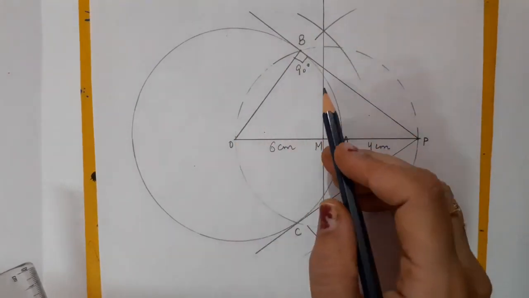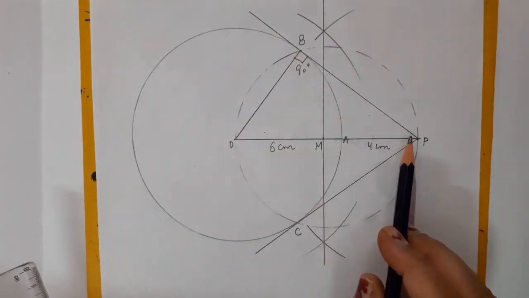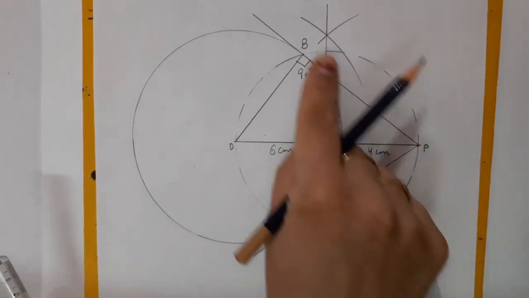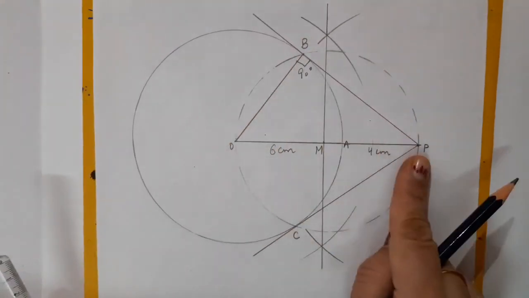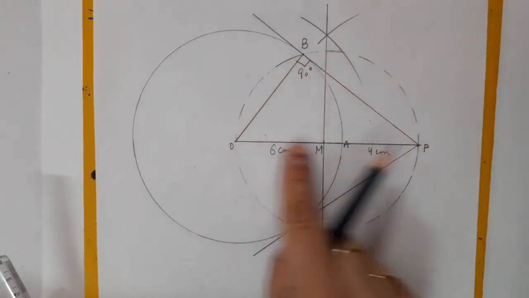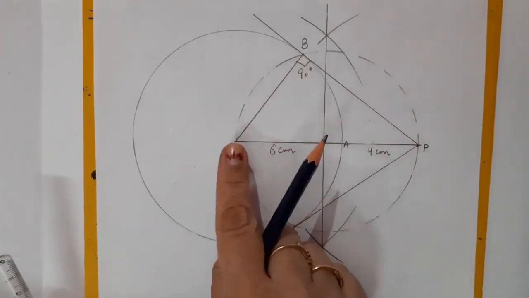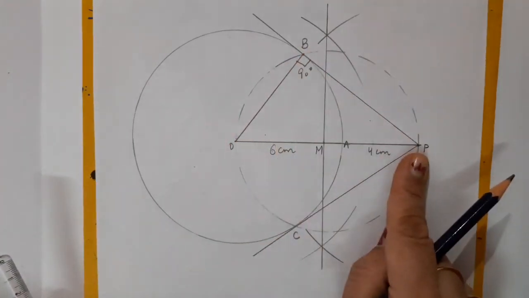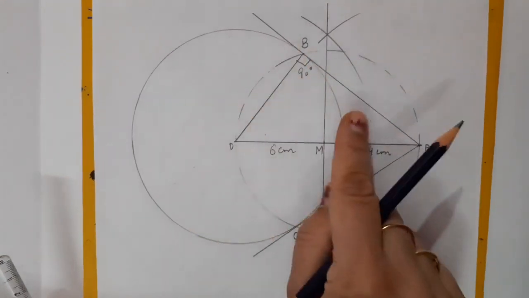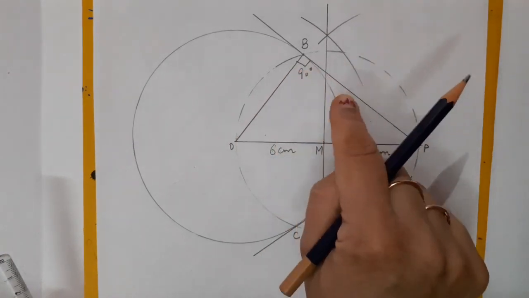Okay. And it is going to satisfy the property also that radius is always perpendicular to the tangent at the point of contact. So how would you justify it? First of all, you will say that angle OBP is equal to 90 degree. Why? Because angle in a semicircle. You can see that it is drawn in a semicircle. Fine. So we know that if angle OBP is equal to 90 degree, where OB is radius and PB is tangent, so we can say that radius is perpendicular to the tangent at the point of contact.